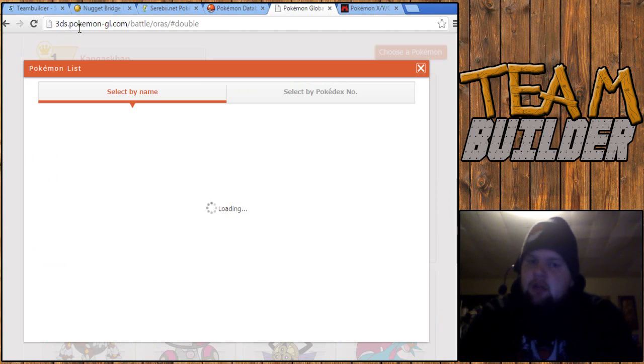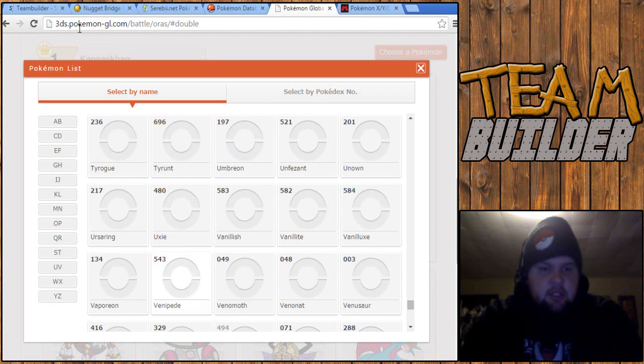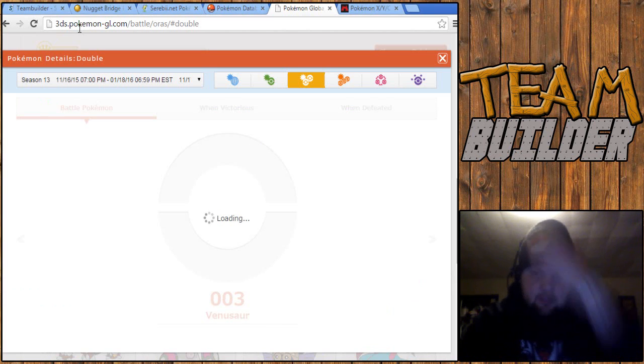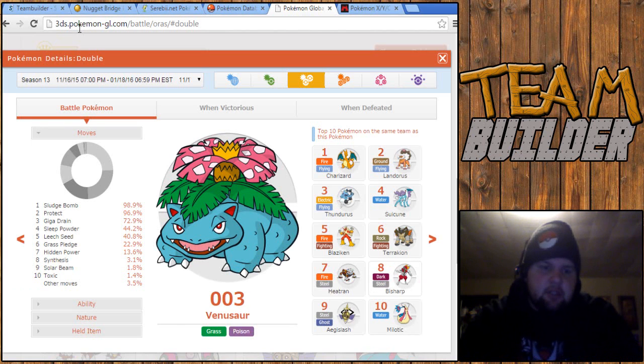Now. There we go. Gee whiz. It is getting bad, folks. Venusaur. Venusaur? There you are, boy. Come on, boy. You can do it, boy. Alright, Sludge Bomb, Protect, Sleep Powder. Sleep Powder is always an option, too. I guess...